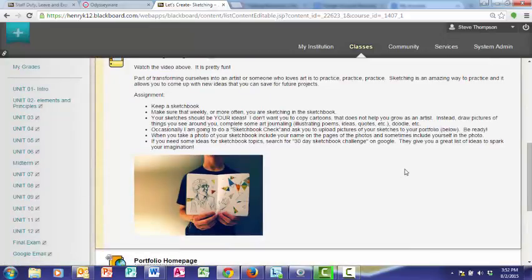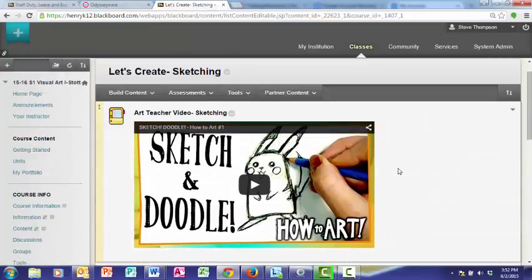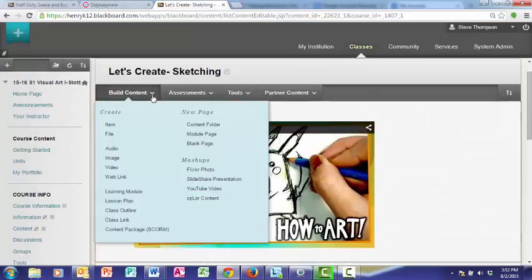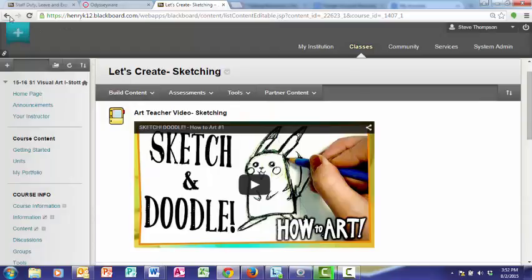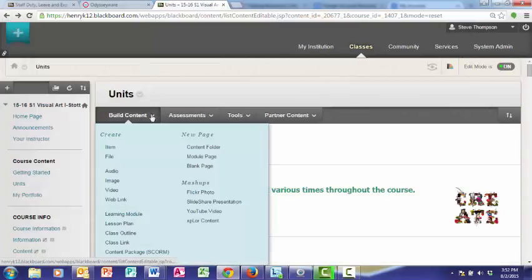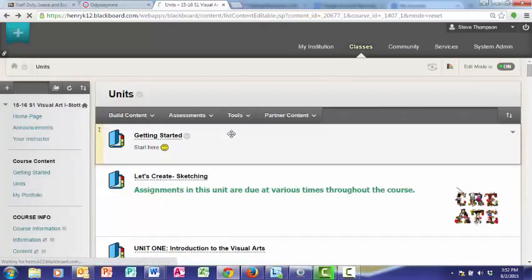That's a whole other thing. If you're interested, I can show you. But she's added a folder, and then within that folder she's added an item. So I'm going to go back out of this and just create an empty folder so that you can see how that works. So I'll go create a folder,